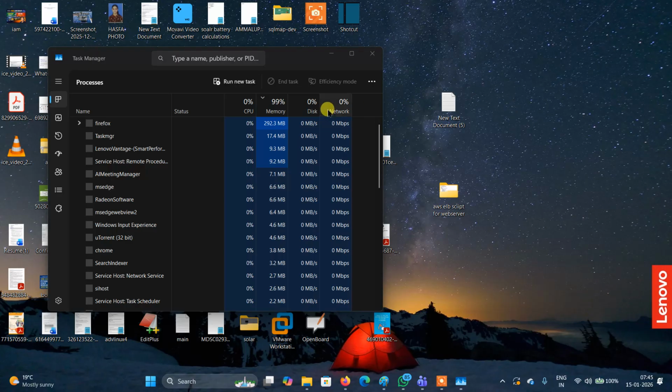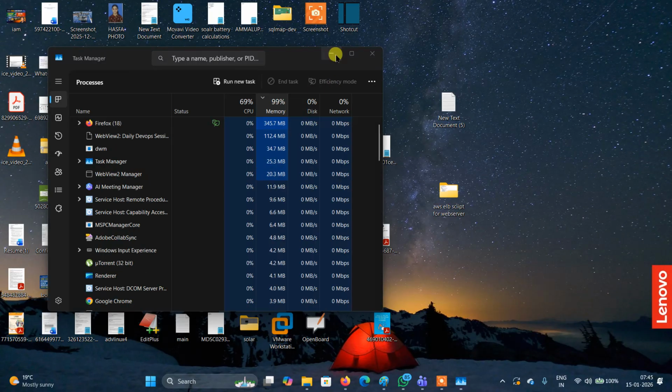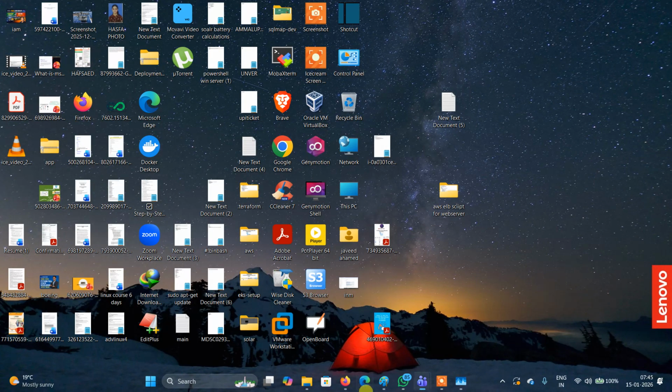Why is this memory 99%? There is a RAM issue. Yeah, your Firefox is for some reason very high. Yes, Firefox is taking too much.